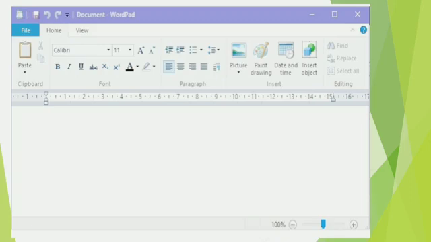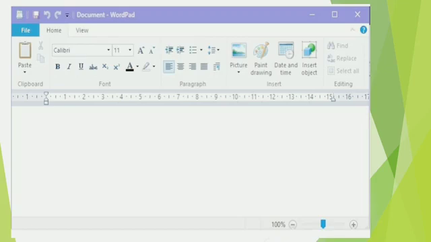Now students, if you want to make the text darker, you have to click on bold. Bold means B button. You can see B in the font group, right. Now students, if you want to make the text slanting, you have to click on italics. Where is this italics? Next to B button, next to bold button, italics button is there. You have to click on it in the font group.